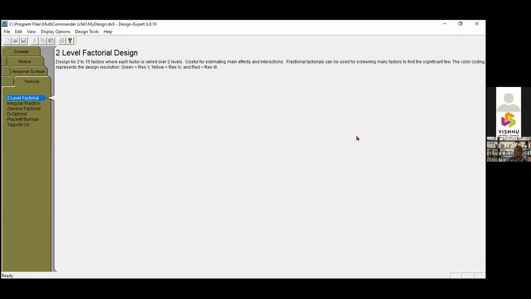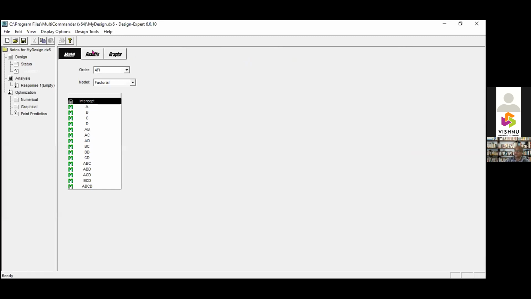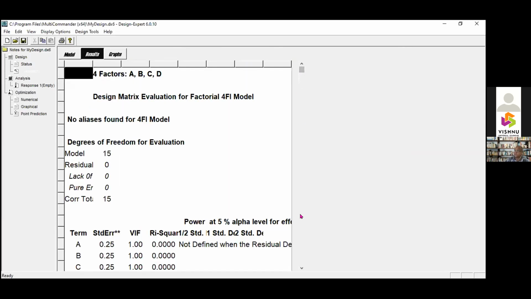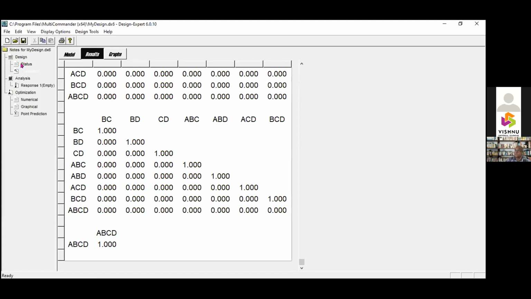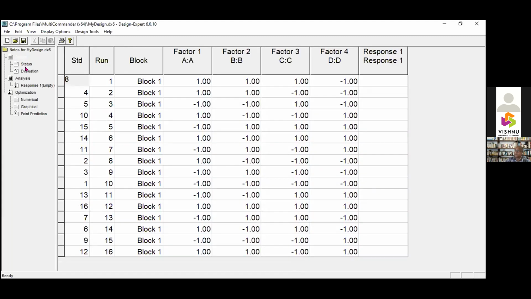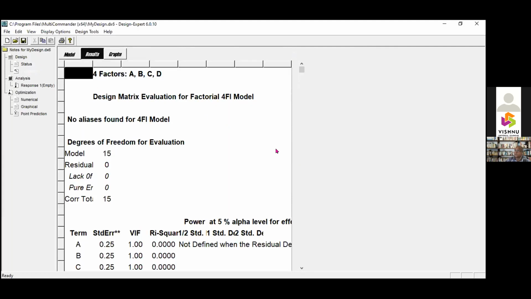You have to give the variables. So this is the design, and then you can go to evaluation and results.